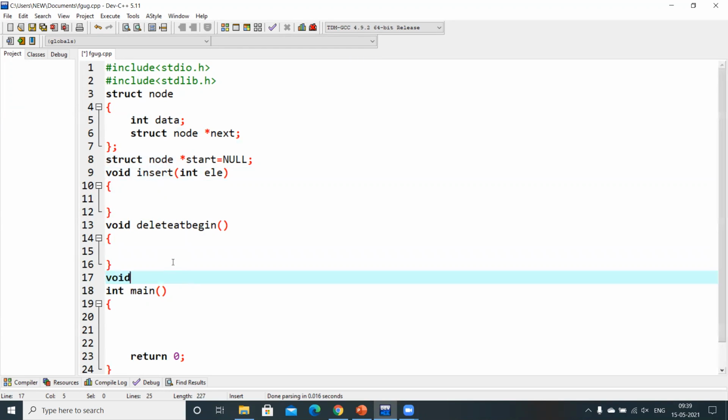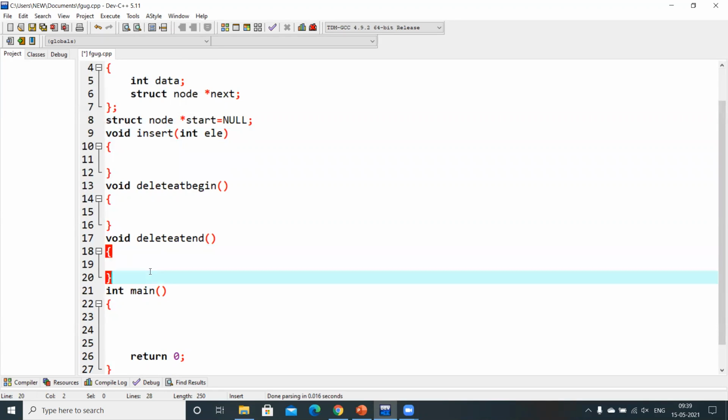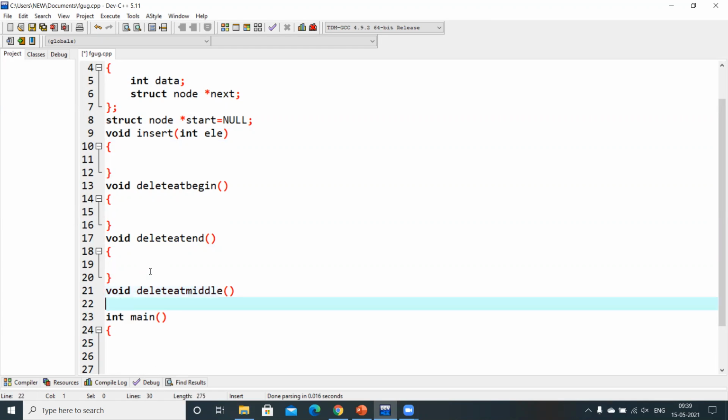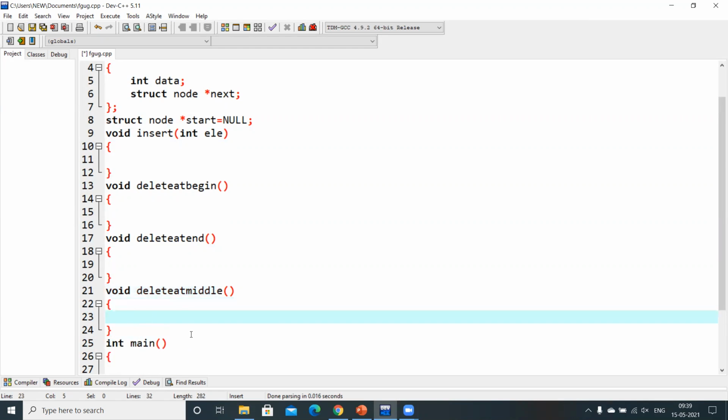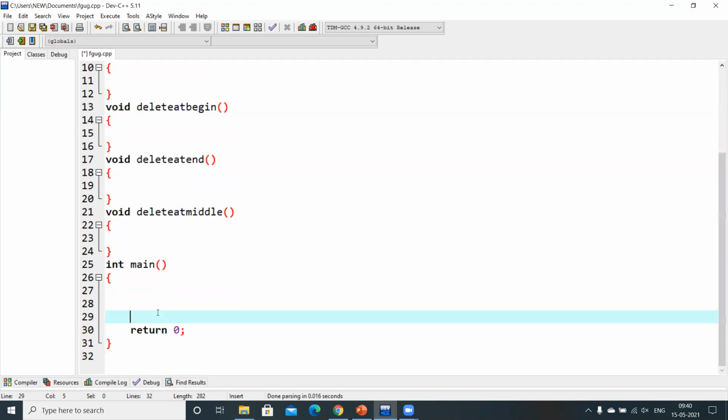Now similarly, void delete at end is another function, and the next function is void delete at middle, which I had considered. And these are all the functions, and I need to provide the body for them in order to update my linked list.